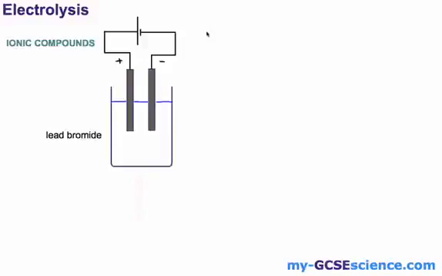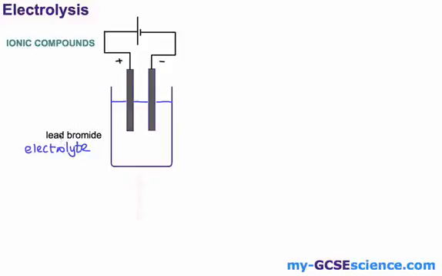Hello and welcome. Today we are going to look at electrolysis, and in particular the electrolysis of ionic compounds so that we can break them down into the different elements that might be present. The example we're going to use today is a substance called lead bromide, and that is going to be our electrolyte. An electrolyte is a substance that we carry out electrolysis on, and lead bromide is an ionic compound,